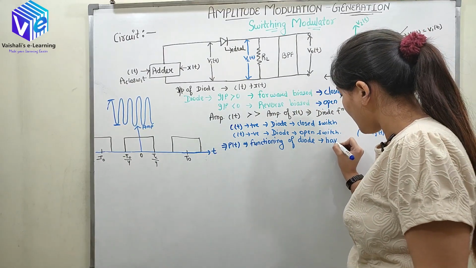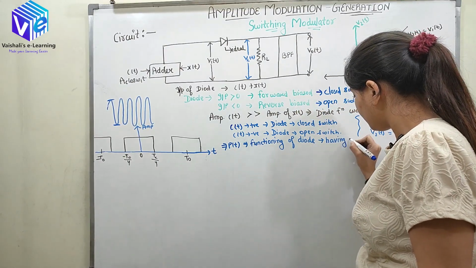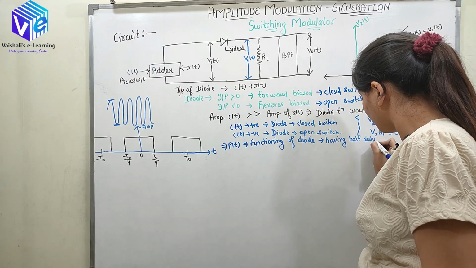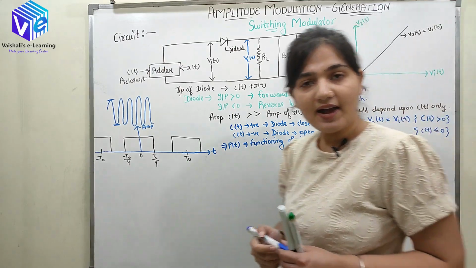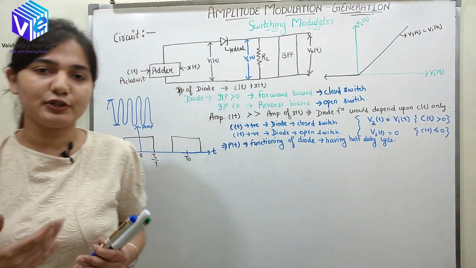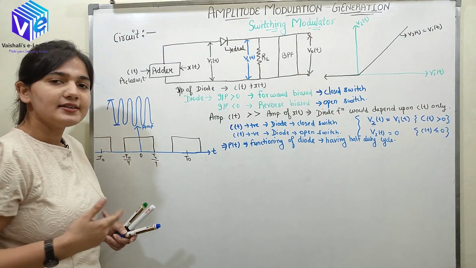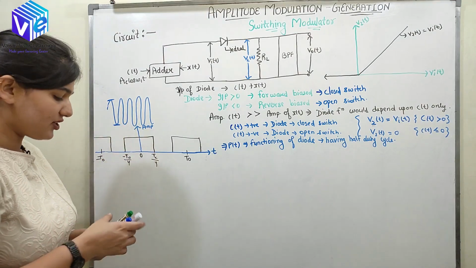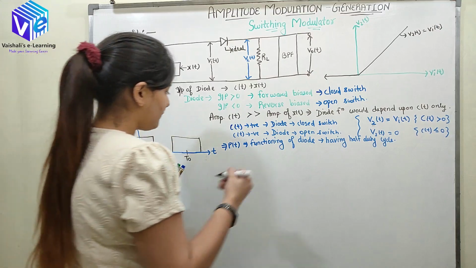It is having half duty cycle. So why half duty cycle? Because for half duration only the carrier is positive and for the next half duration it is negative. So